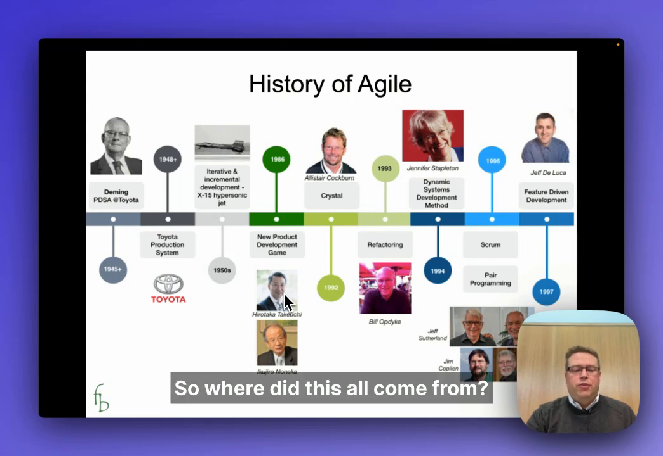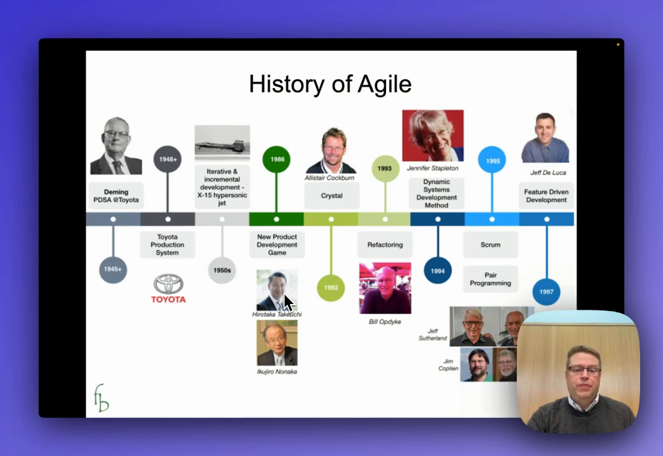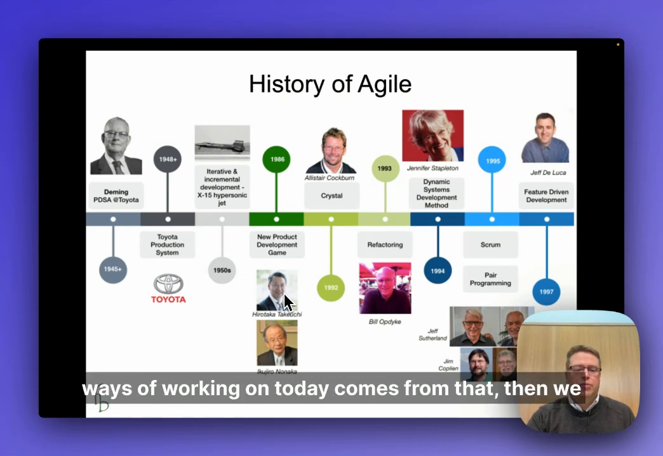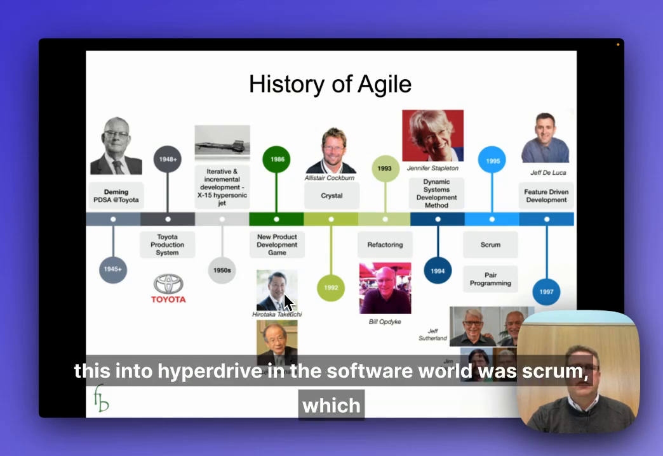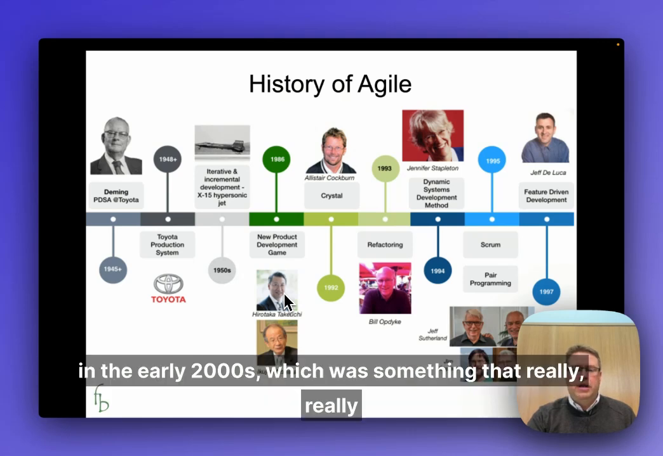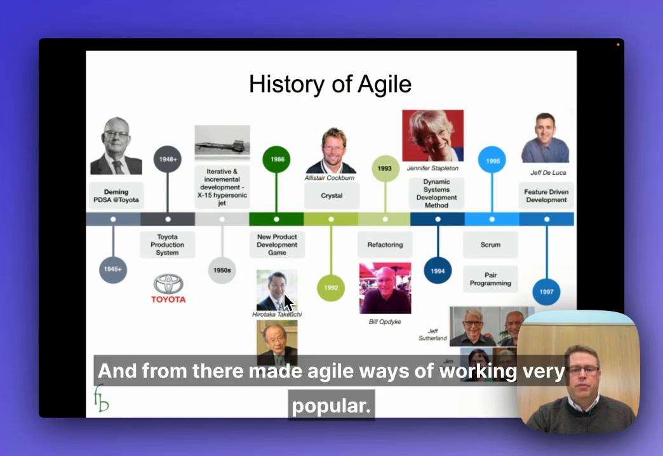So where did this all come from? Well, we like to trace it back to the lean production system that Toyota made famous in the early 50s. A lot of the ideas that we build the Agile ways of working on today comes from that. Then we have a number of steps along the way. I will not go through all of them, but one of the main ones that sort of took this into hyperdrive in the software world was Scrum, which was invented in the mid-1990s and then made popular in the early 2000s, which was something that really took hold of the software development industry, and from there made Agile ways of